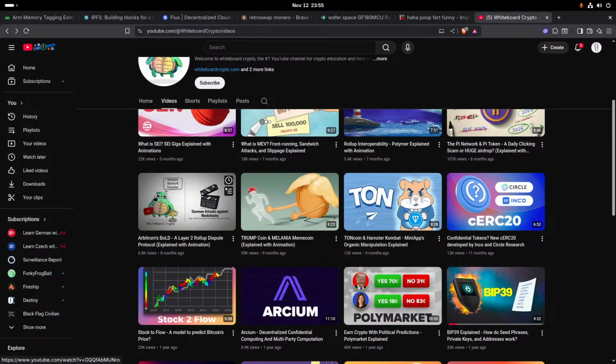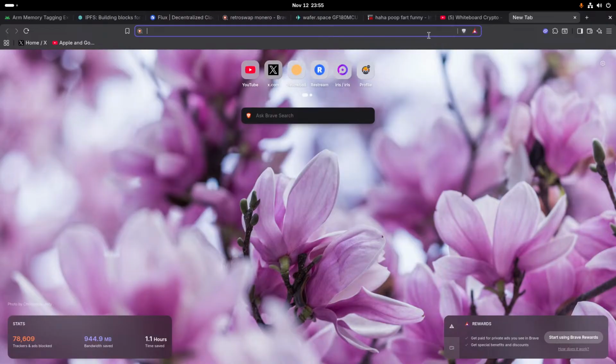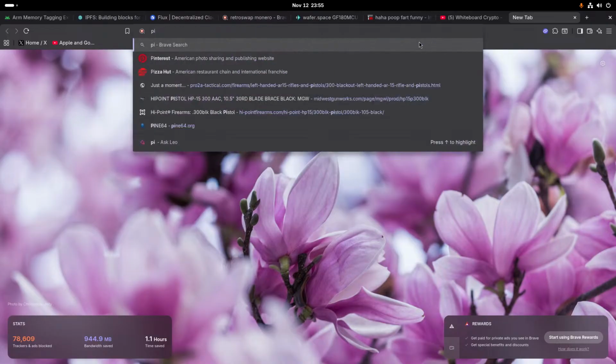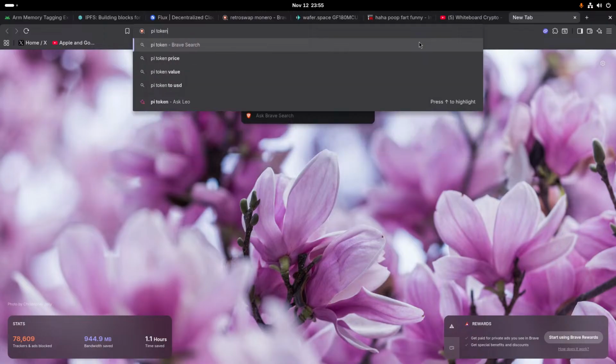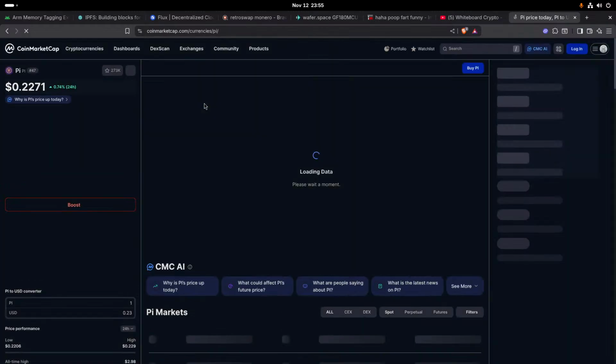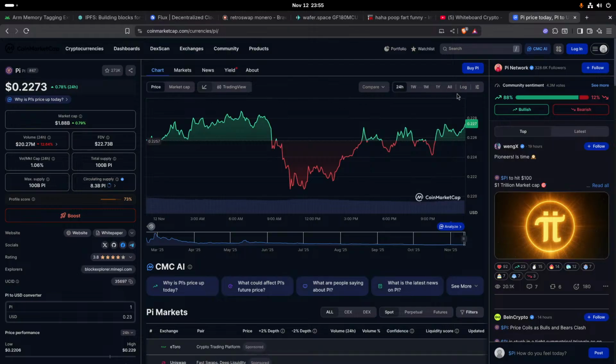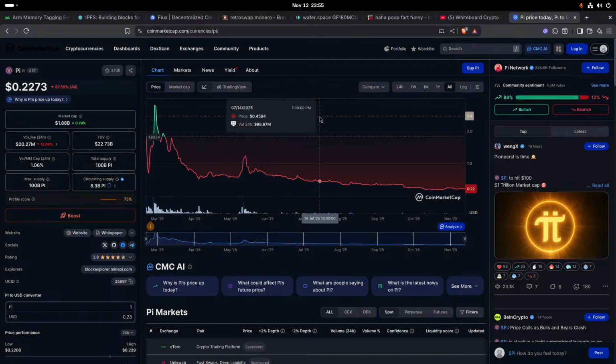Trump coin and Millennium meme coin? Tron? The Pi network and Pi token? A daily clicking scam or a huge airdrop? What is the Pi about? I remember someone telling me about this shithole of a coin. They're like, I get so much money in this. Yeah, that's about right. Got dumped